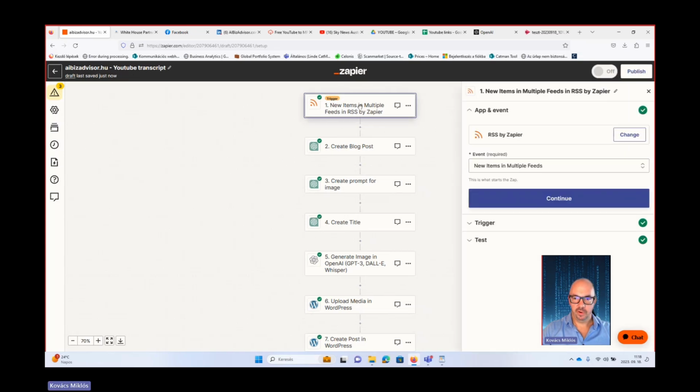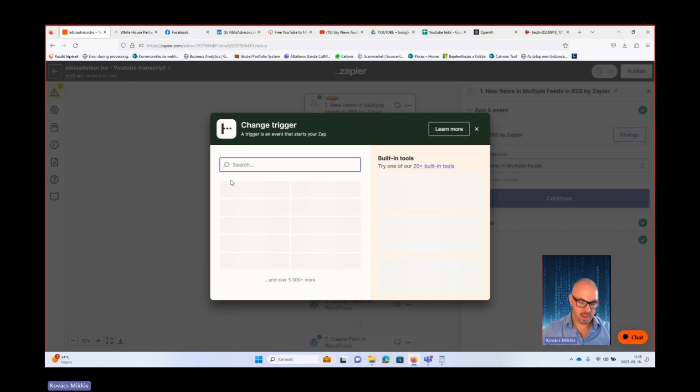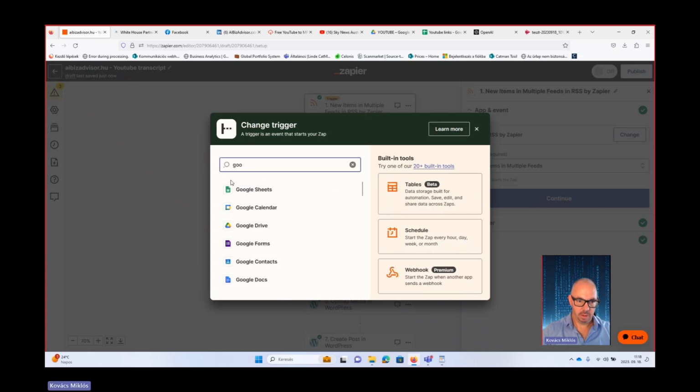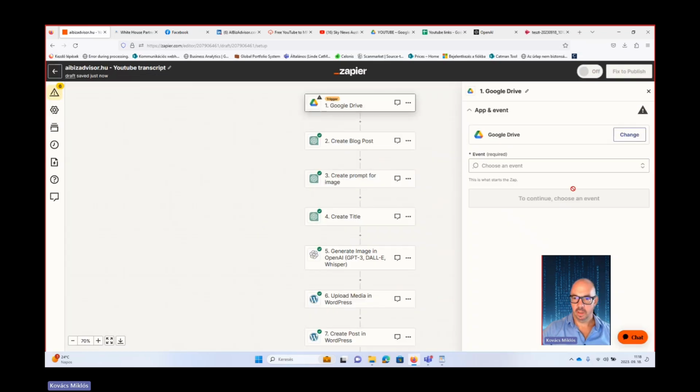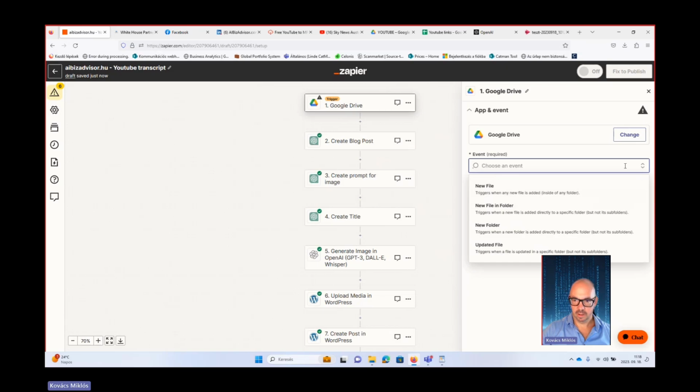Again, in the first scenario, we used RSS feed. Now we're gonna use YouTube transcript. How can we do that? Here we will use another event. So I'm going to change that, and I'm searching for Google Drive, because what I want is to trigger the workflow with the event when there is a new file in a folder.